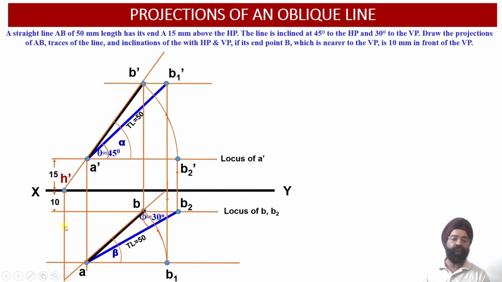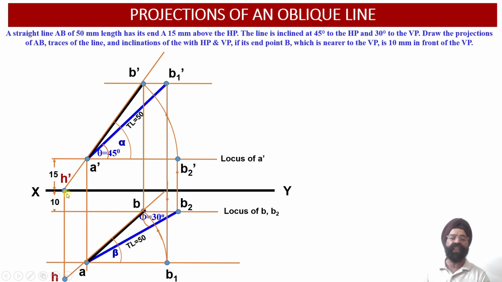This vertical perpendicular projector is not intersecting with the plan projection line AB, so we have to carry out the extension of the plan projection line AB. Wherever this extension of plan projection line AB intersects with the vertical projector drawn through H dash, this point of intersection will be the point H. So this distance between H dash and H, measured perpendicular to the XY reference line, provides us with the measurement of the horizontal trace of the line.